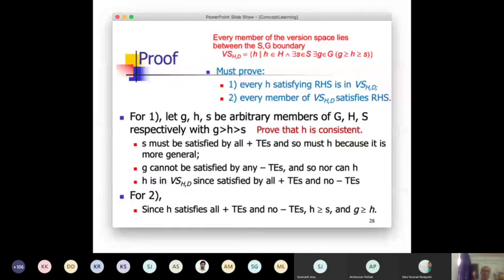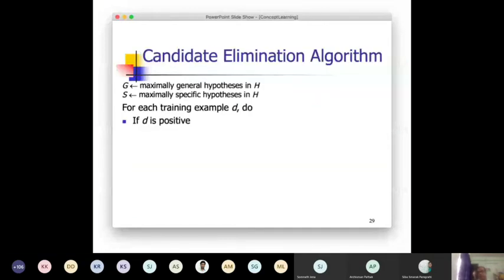So this is the proof of that. If in a version space you have these two boundaries, then you can get all other hypotheses which have this particular ordering. Now let us discuss the candidate elimination algorithm, where we will be computing these two boundaries,